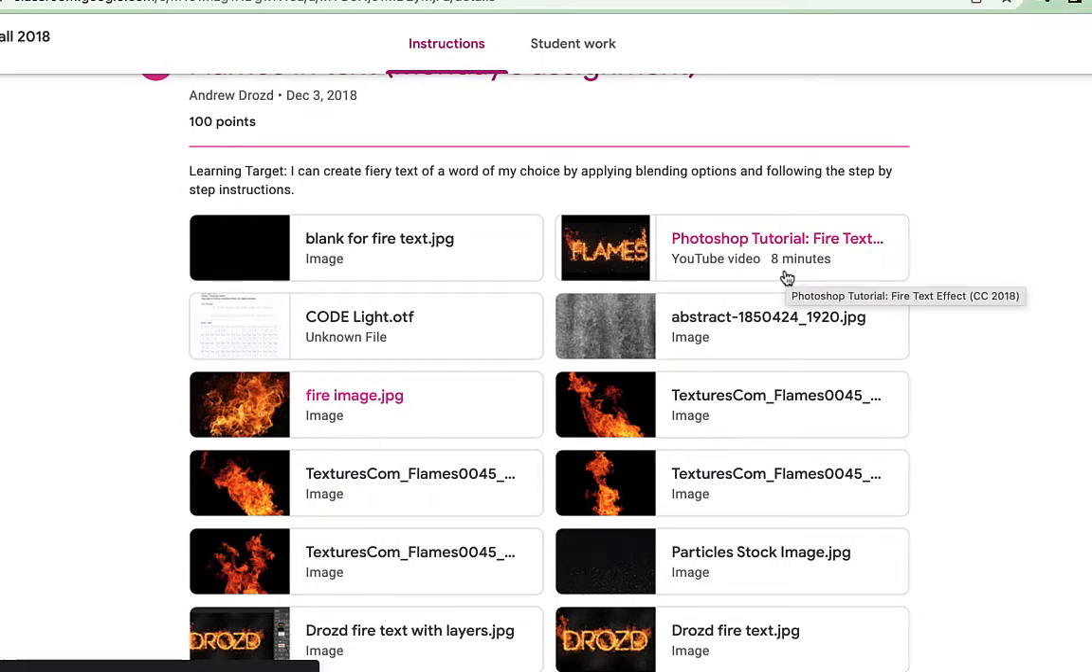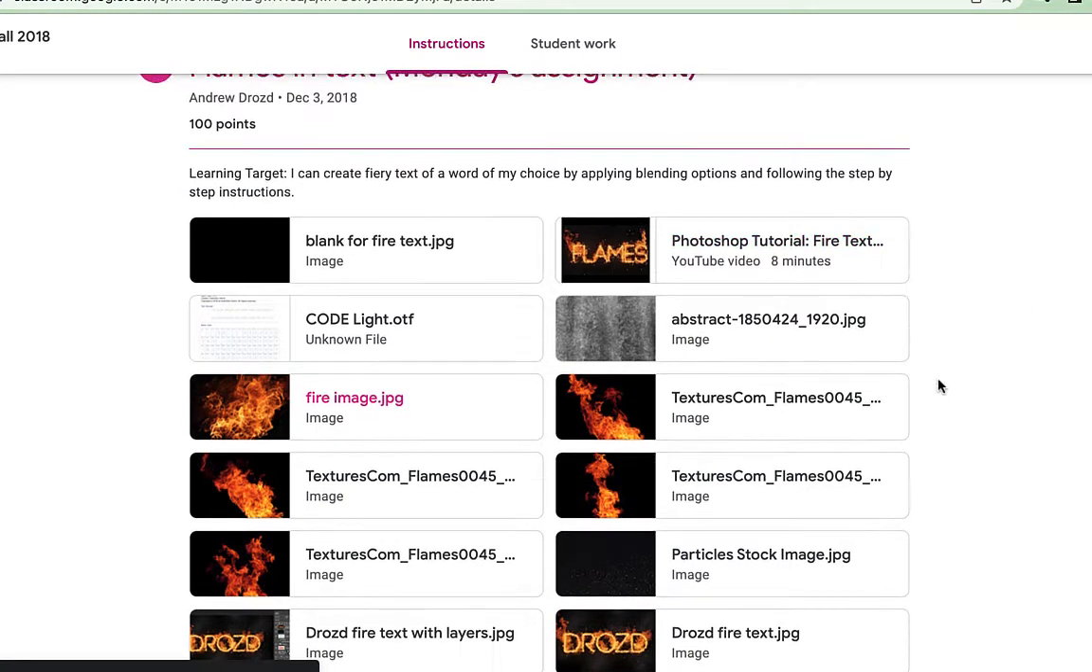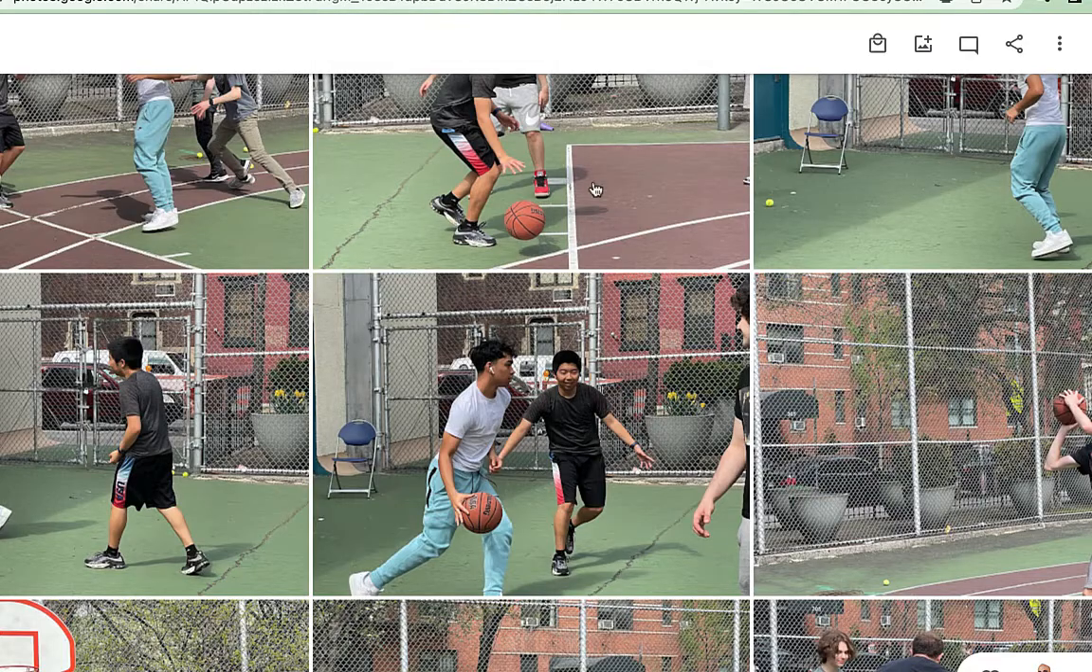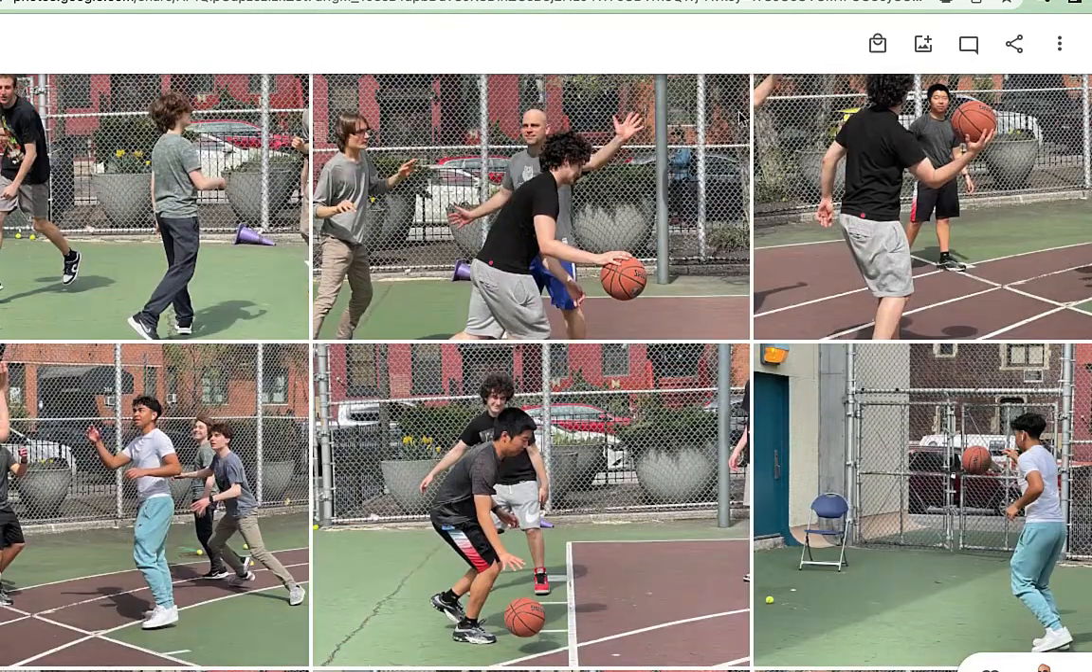What's up, graphic designers? In today's class, we're going to be experimenting with fire. That's right, we're playing with fire. We're not going to be doing this flames and text assignment that I last did in 2018. Instead, what we're going to be doing is maybe using some of these action photos that we capture outside, or